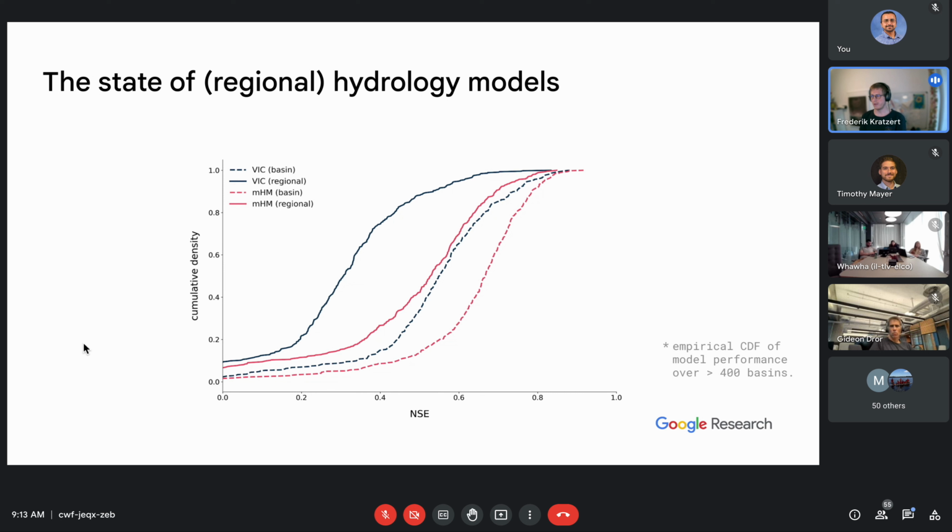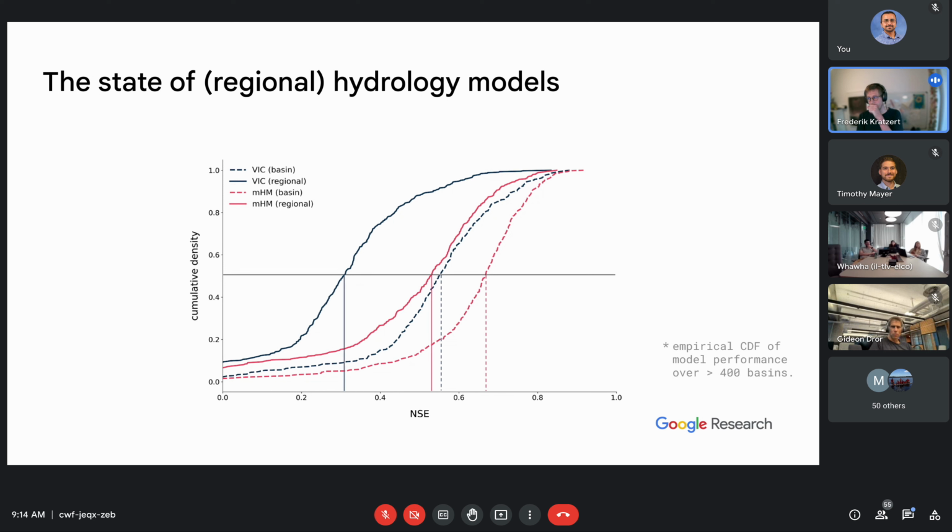Once they were trained per basin individually, like for every basin, the model parameters were fitted to match best the observations in this basin, which is represented by the dashed line. And the solid line denotes a regional calibration scheme. That means we train the model with some parameter transfer functions to all basins at the same time.